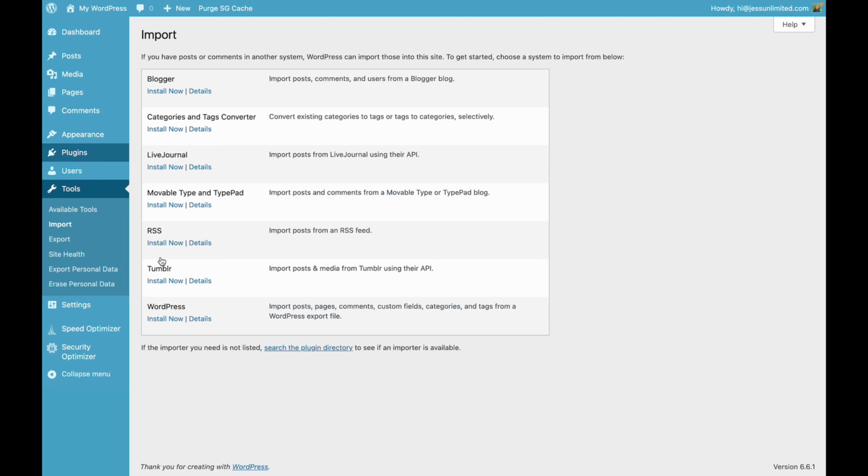screen. So if I need to import posts, pages, comments, or anything from a WordPress export file, I would use the WordPress import. If I wanted to import posts from Tumblr, I will use that. If I want to import posts from my RSS feed, I will click that. So make sure when you're looking to import information into your WordPress website that you have the one that you